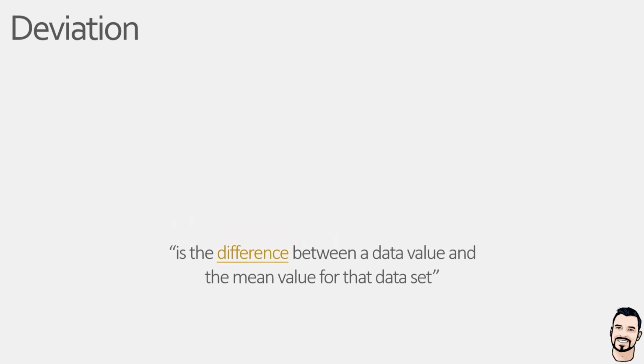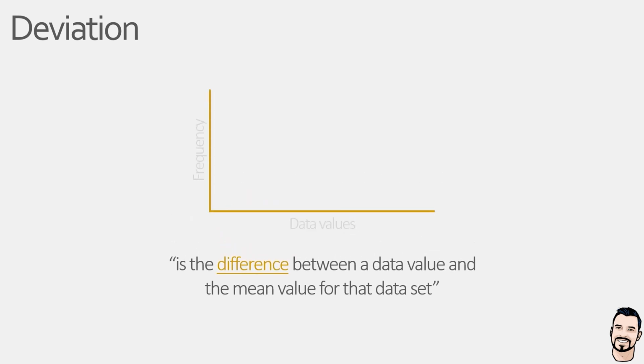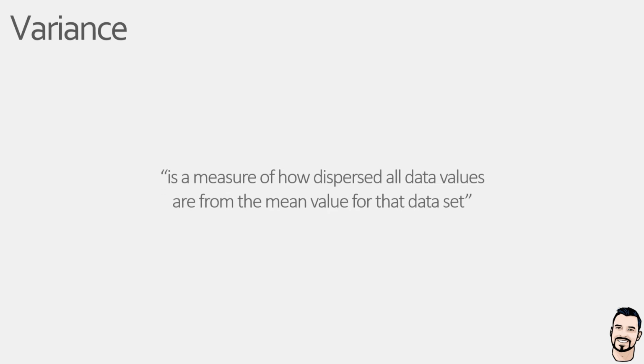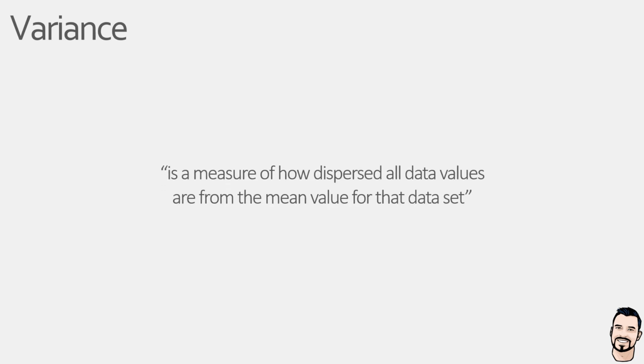And just to visualize this, here we can see two data points in yellow, and the deviation is the numerical difference between the data value and the mean value. So I guess a key question now is, how does this relate to variance? By definition, variance is a measure of how dispersed or spread out all of the data values are from the mean value of a particular dataset. And to simplify this, we could almost look at it as a kind of average of all the individual deviations